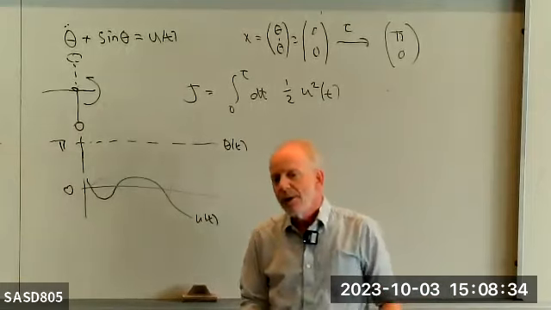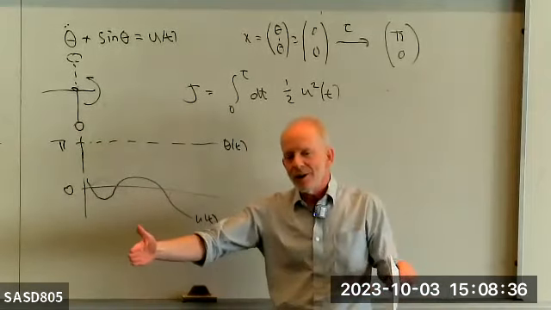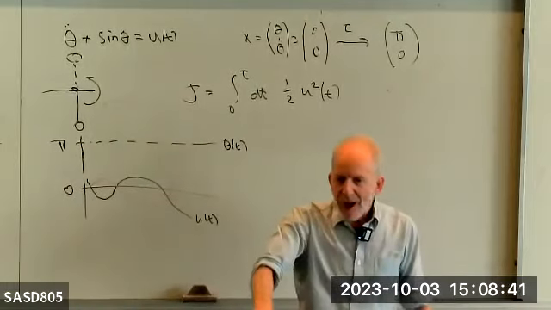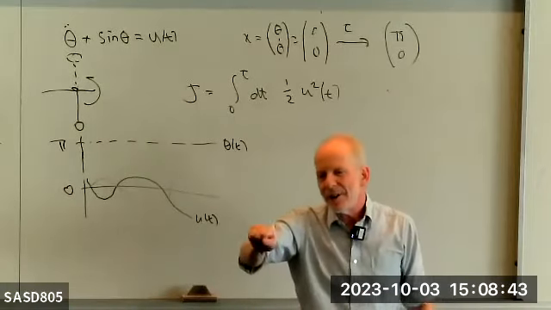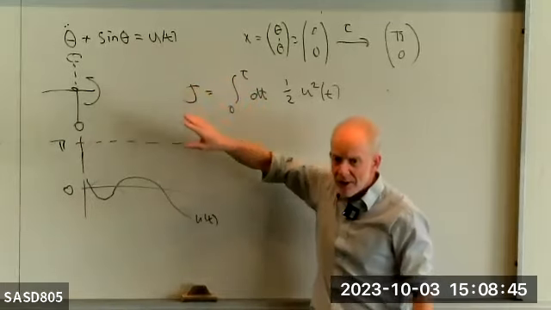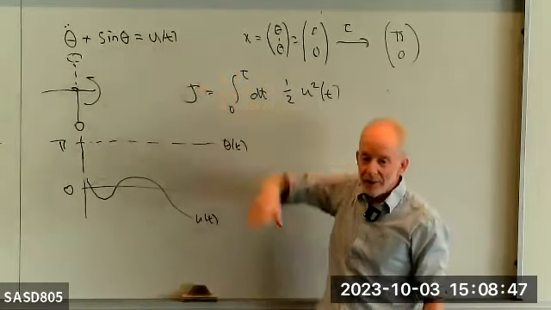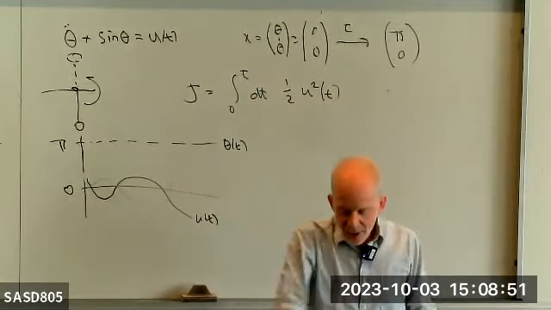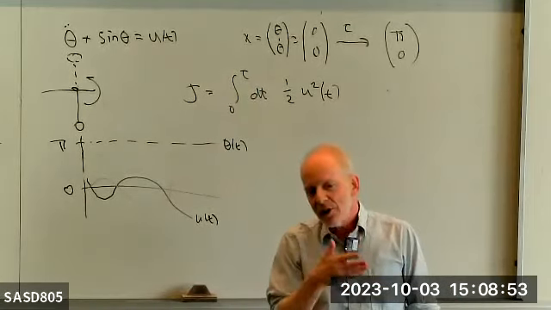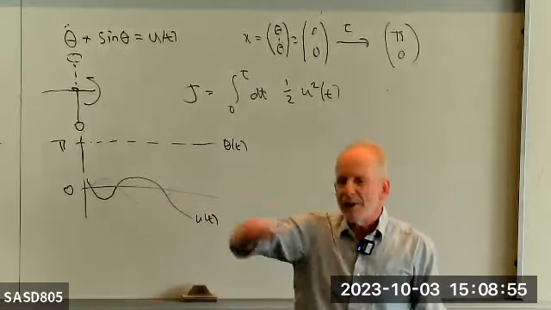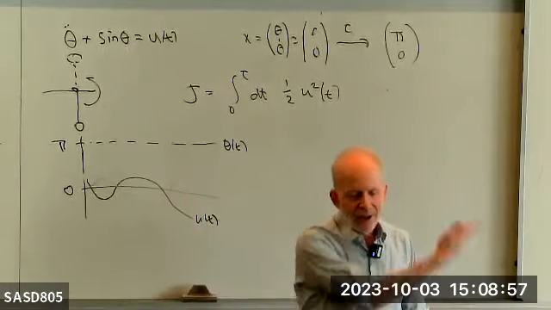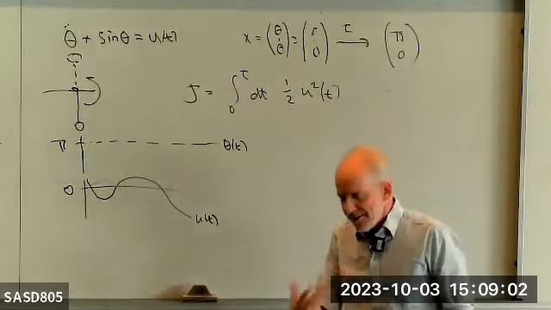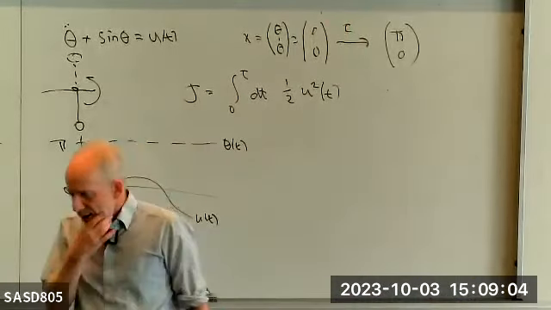And so if tau is very large compared to that, then the optimal thing in terms of putting the least effort in, remember, there's no friction here. Okay, so we could put friction in, but there isn't in the way I did it. So basically, it would be swinging, and with every swing, you would just put a little bit of torque to help it along, so that it's swinging more and more and more, and that's advantageous because